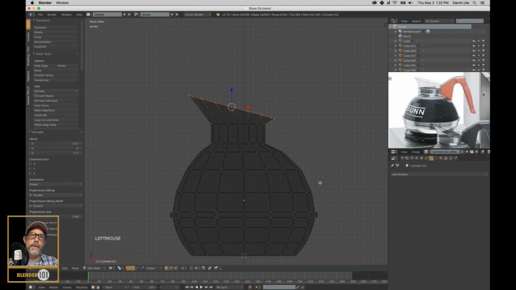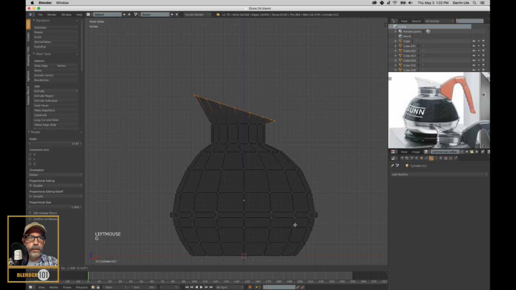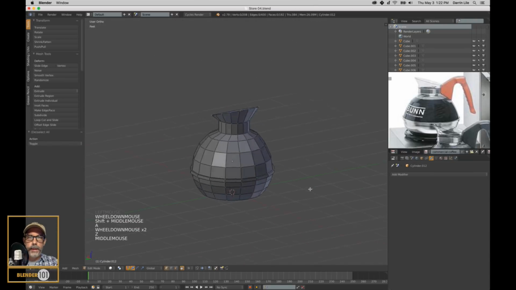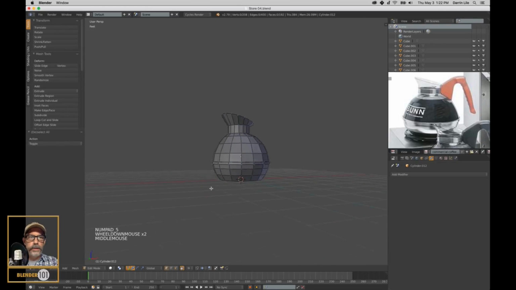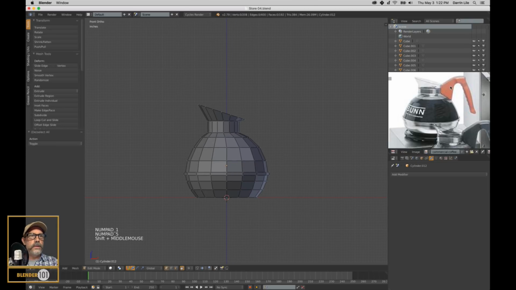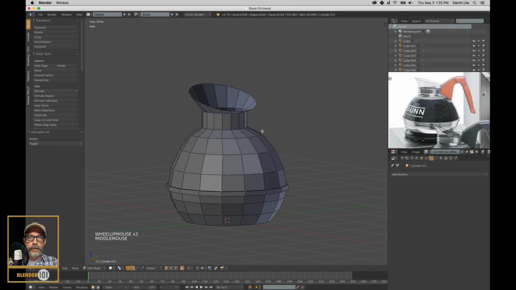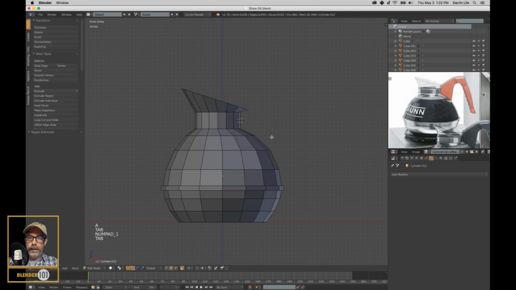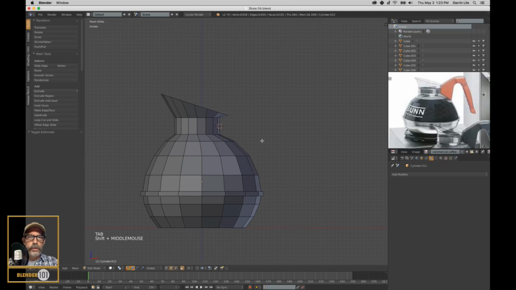Is that too much? That may be too much. So let me scale it down just a little bit. And then rotate it. And then move it. Yeah. Something like that. Is that too much? Maybe a little bit too much, but that's okay. We'll continue on right now. Now this thing. That one's interesting. How about if we grab this, put a cursor there. All right. Now what I'm going to do is